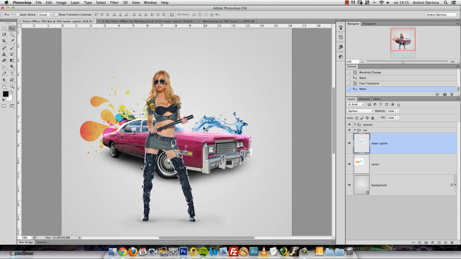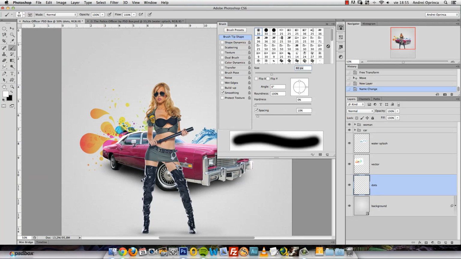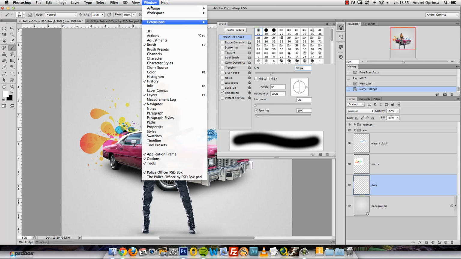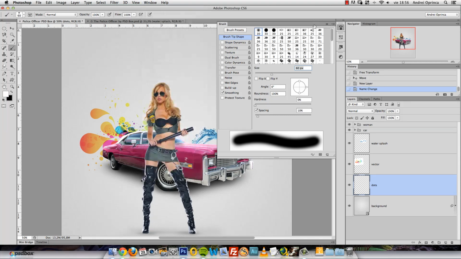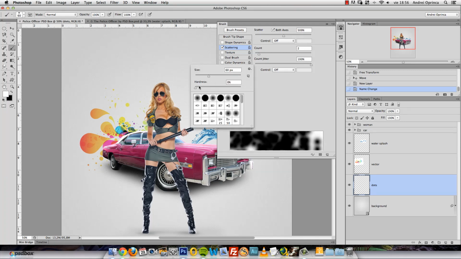And something like that. And now more elements on the background. I'll create a new layer and let's name this layer Dot. For that you will need a custom brush. Make sure the opacity and the flow are set to 100%. I'll close this document and I'll switch the color to white. I'll open the brushes window. You can do that by pressing F5 or from the Window menu choose Brush. I have it on the secondary dock. And I'll activate scattering because I want to scatter the brush. I'll increase the hardness to